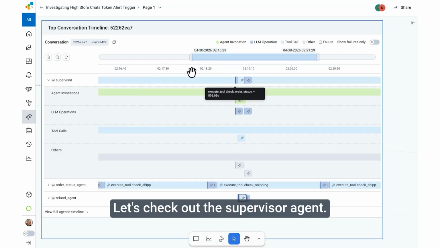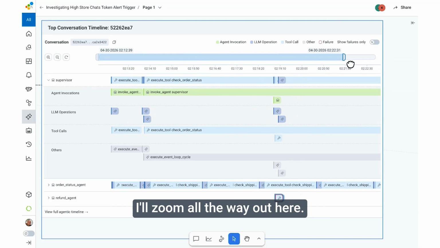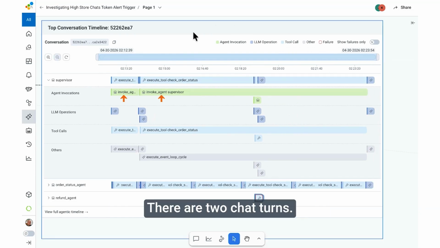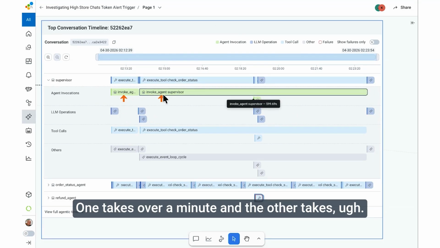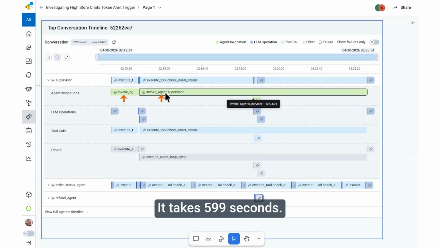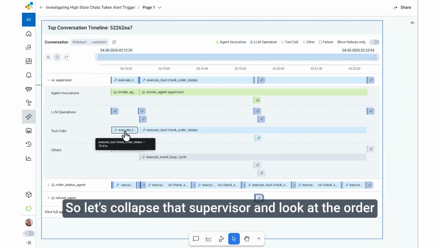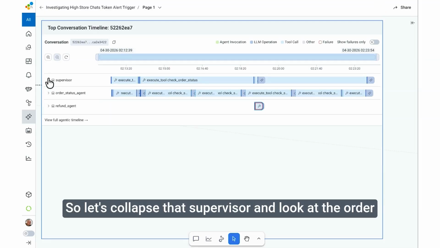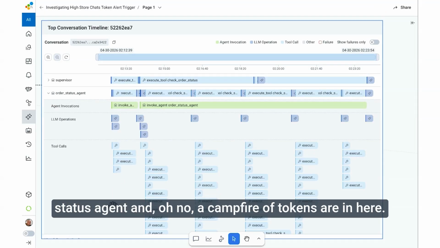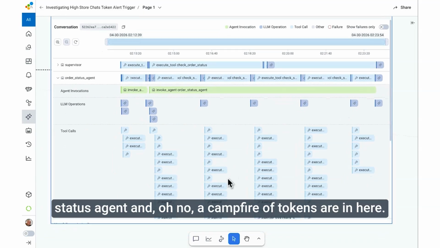We'll come back to that later. Let's check out the supervisor agent. I'll zoom all the way out here. Okay, there are 2 chat turns. One takes over a minute, and the other one takes 599 seconds. 10 minutes? The report mentioned the token burn was in the order status agent. See how we're calling it there? So let's collapse that supervisor and look at the order status agent and oh no, a campfire of tokens are